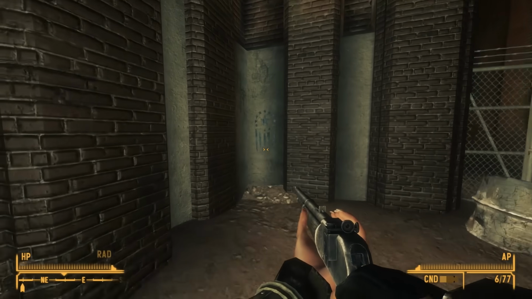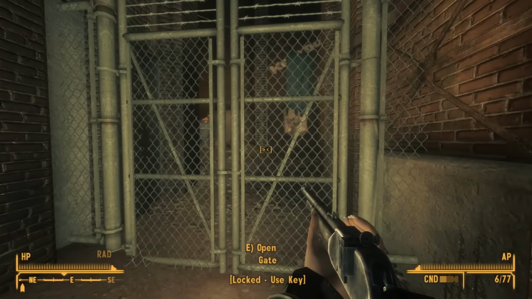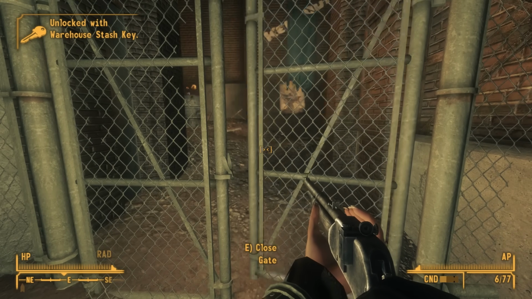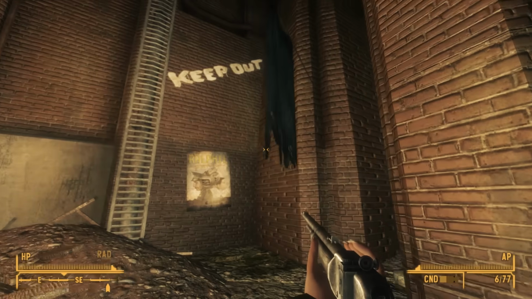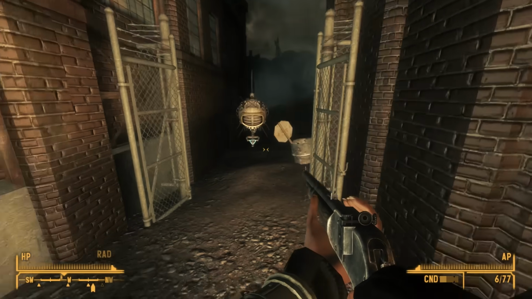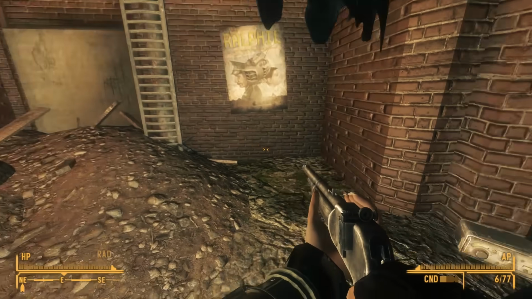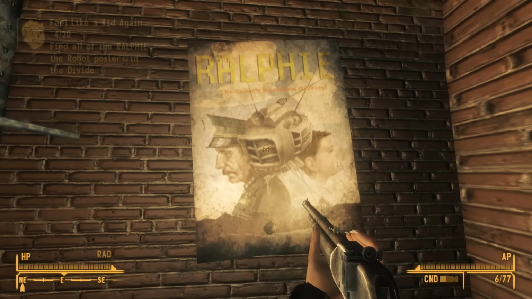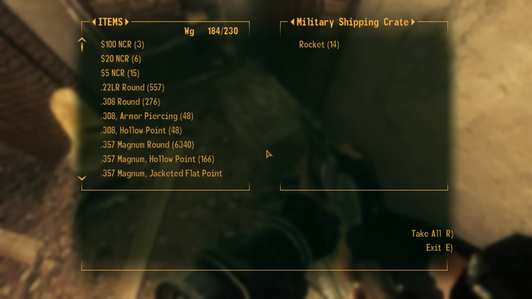The eastern road ends at a big brick building, and on the wall we find some of Ulysses' blue graffiti, which means there must be some treasures nearby. We can unlock the gate here using the warehouse stash key we found in the metal box in the back of the truck. This leads us to a small little nook with a big fire roaring in a barrel. Here we find another Ralphie poster on a wall, and we can loot 2 military shipping crates. On a shelf to the west, we find another one of Ulysses' logs,